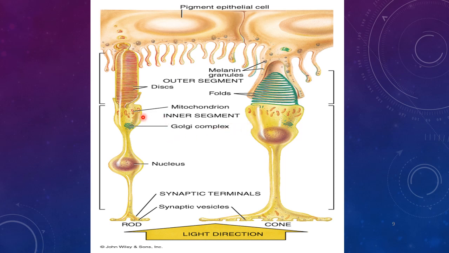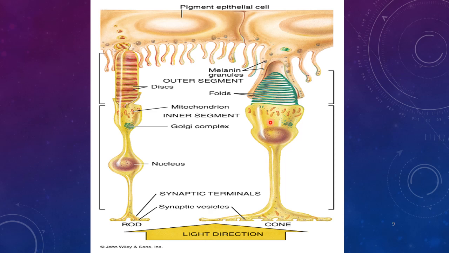But you can appreciate one very important thing, that in between this inner segment and perikaryon, as you have seen here, is the outer rod fiber. Such fiber or such connection is absent in the cone cells. And cone cells, which are associated with daylight, are very few in number as compared to the rod cells. They are only 6 million in the human retina.